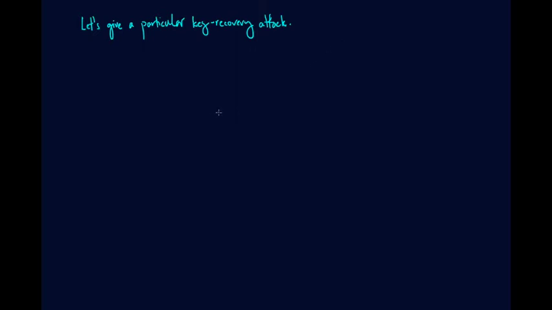Okay, the particular attack I want to give is, well, let's give a couple. Let's give a stupid one first. So this will allow us to introduce this notation that I'll be wanting you to use in the class. To describe an attack, attacks are adversaries. So let's describe adversary A. This is the way we'll start this. Now what we want to do, just like we did in the experiment, is give the list of steps that adversary A carries out. So adversary A